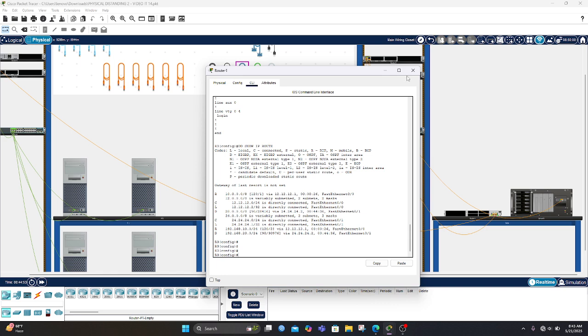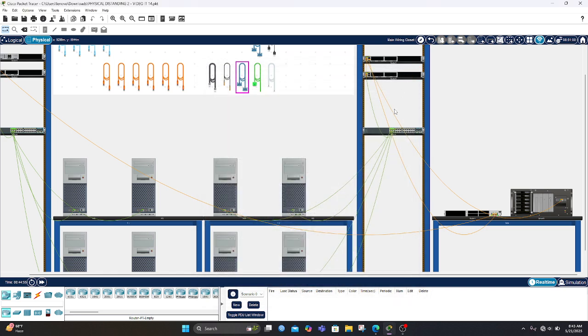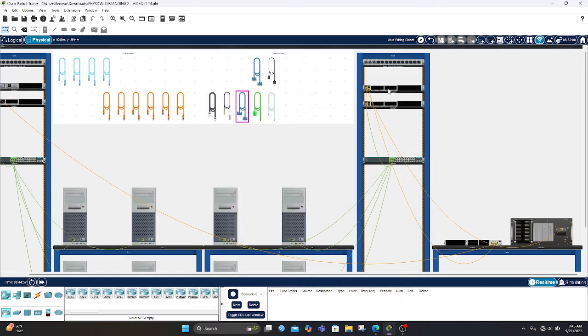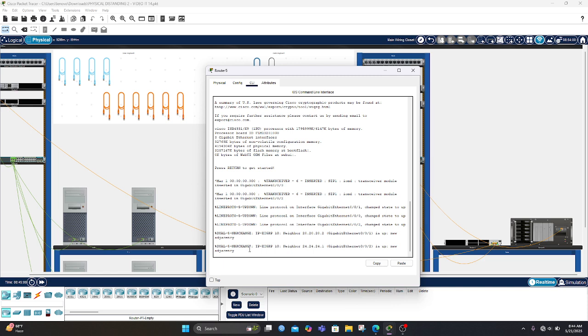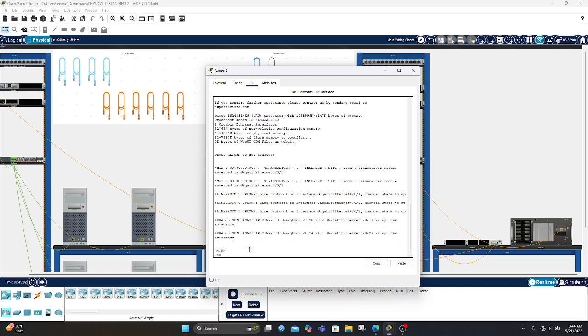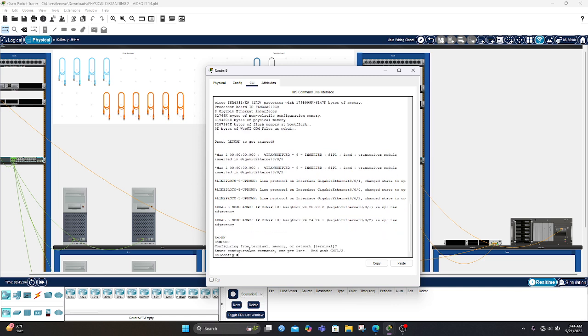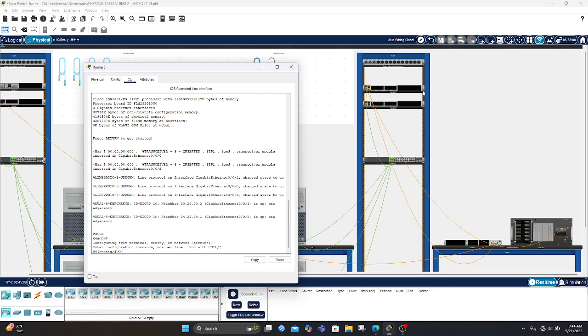Maybe that's all. Let's go to router port, CLI. The router port is connected to the server and router 3. In here I make an access list.